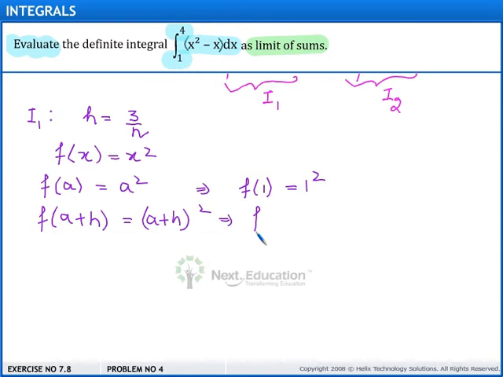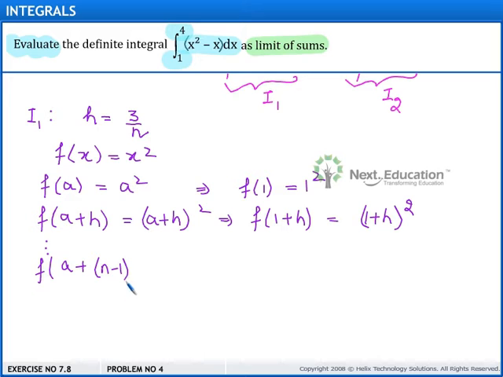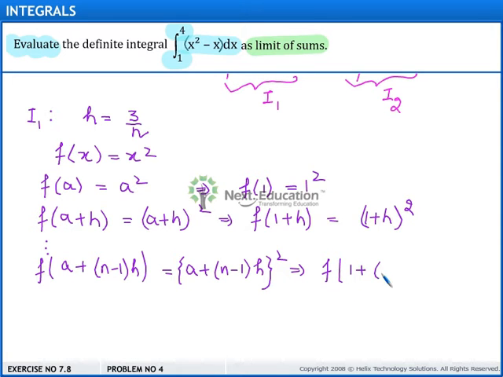So f of 1 plus h is equal to (1 plus h) whole square, and so on up to f of a plus (n minus 1) into h, which is (a plus (n minus 1) into h) whole square. So f of 1 plus (n minus 1) into h is (1 plus (n minus 1) into h) whole square,